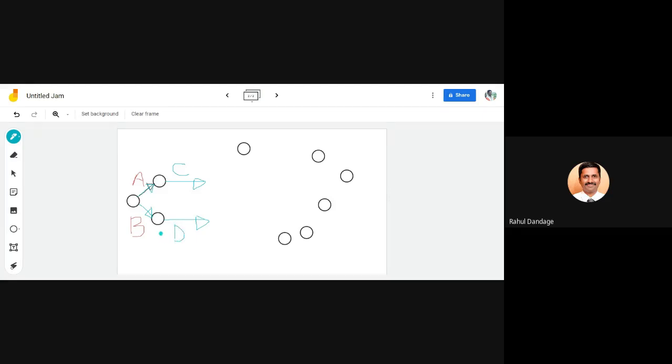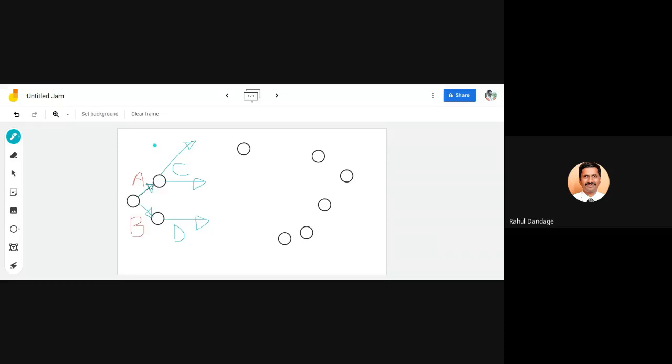This is not the final diagram. We are just trying to understand how we can develop the logic. A and B independent, C dependent on A, D dependent on B. That is the logic which is given. Then let us move further. Activity E depends on whom? Activity E depends on A and activity F depends on B. Correct? So can I have it like this?